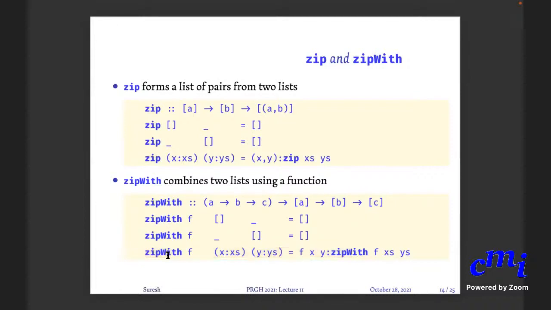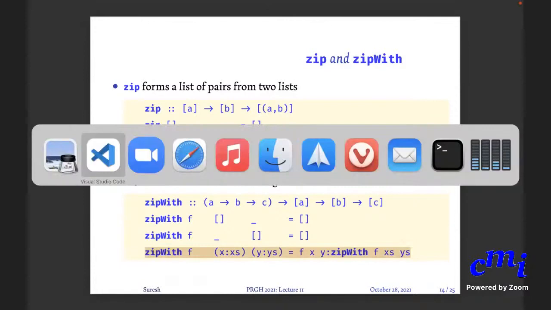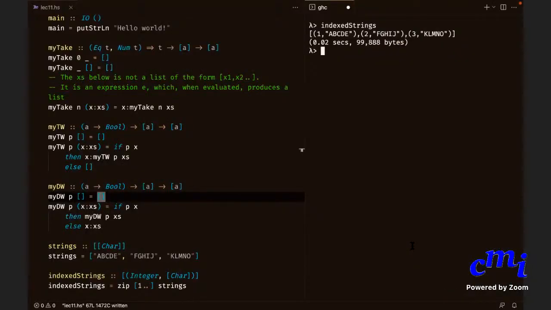Okay, this is the crucial recursive case, and now I can use this very effectively in lots of situations. For instance, I can do zipWith of 1 to 5 and, say, multiplication, the star function, on 1 to 5 and 50 to 100. I'll get 1 times 50, which is 50, 2 times 51, which is 102, 3 times 52, which is 156,